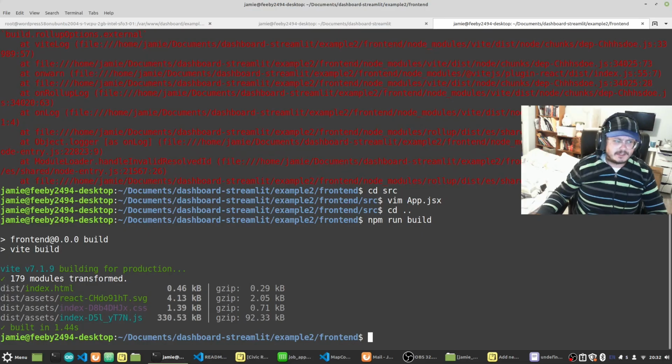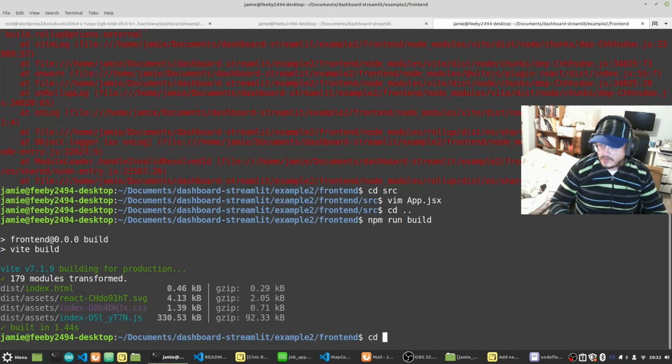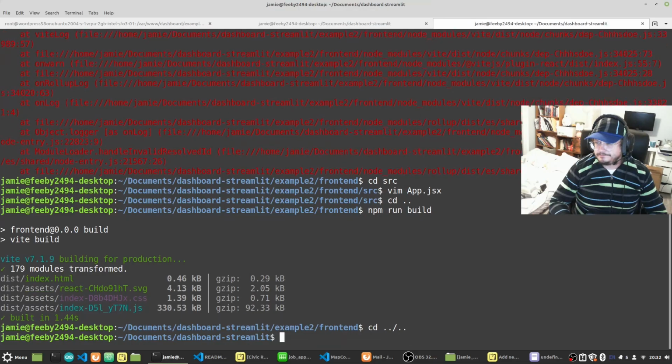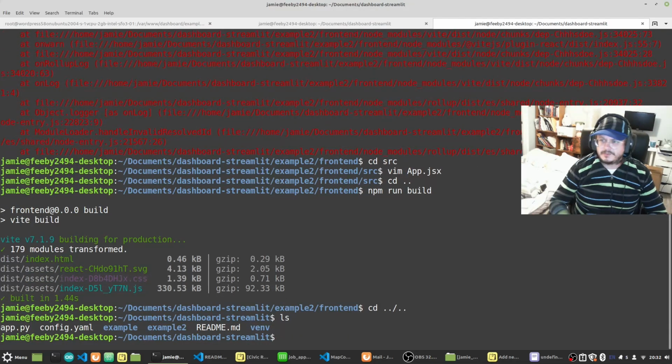The next thing we need to do, and I'm just realizing I think I've skipped this part in my instructions. So we need to go out of front end. So go up a level, dot dot, go up another level, an ls, we need to go to the root of our Streamlit application. We need to do a vim app.py,